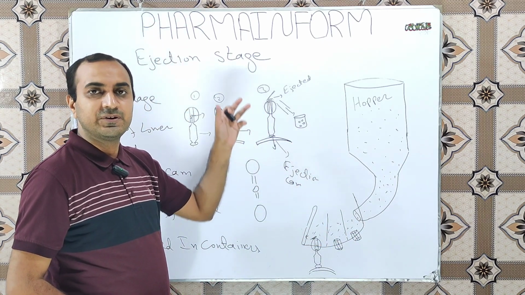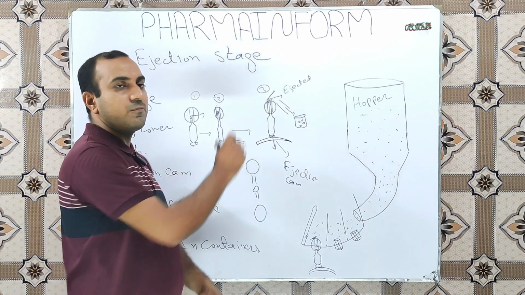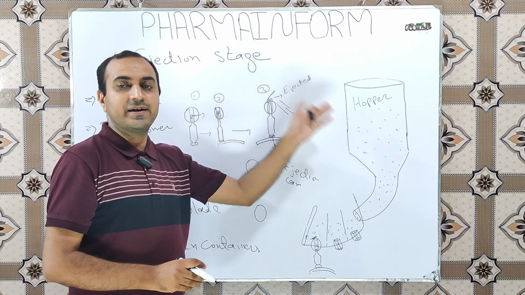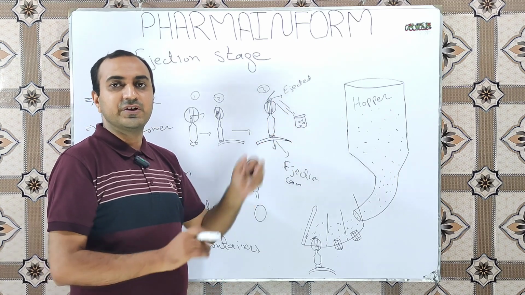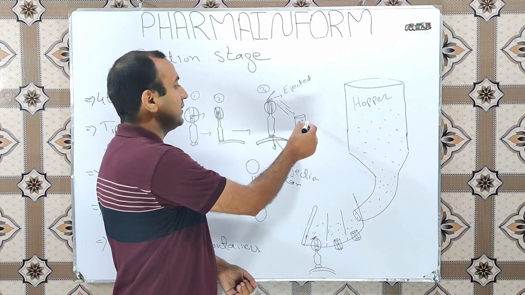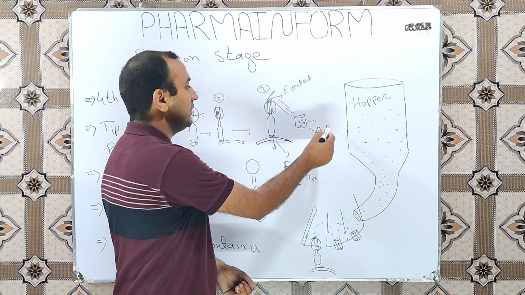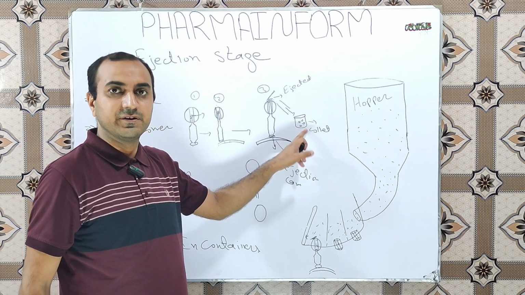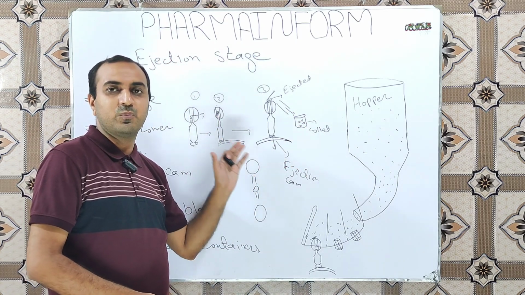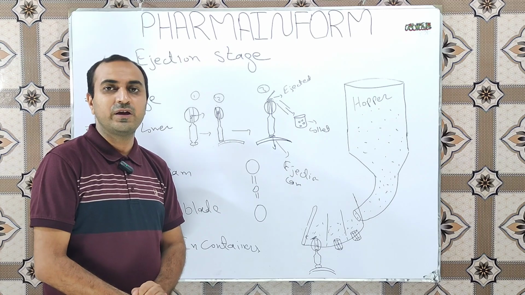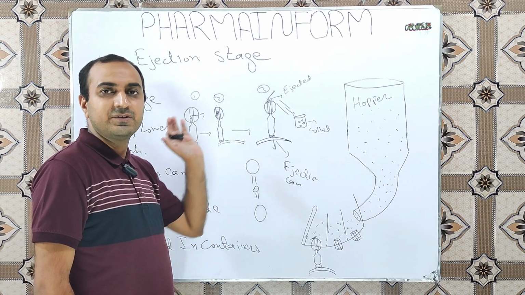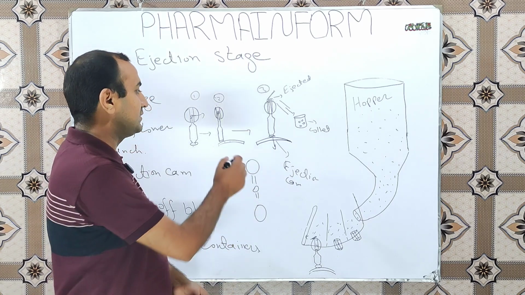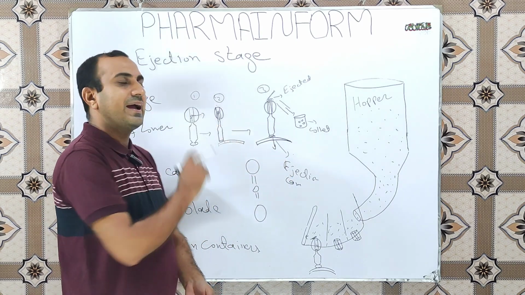When this tablet strikes the swipe blade, this blade guides the tablet to the discharging chute, and from the discharging chute, compressed tablets are collected into the containers. So it was all about the phenomena or science involved in the ejection of the tablet. For a brief overview, the tablet is ejected from the die cavity with the help of the ejection cam and the tip of the lower punch.